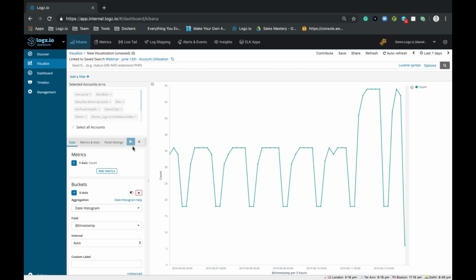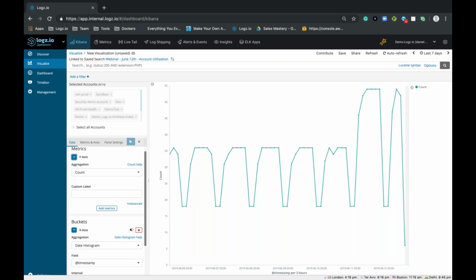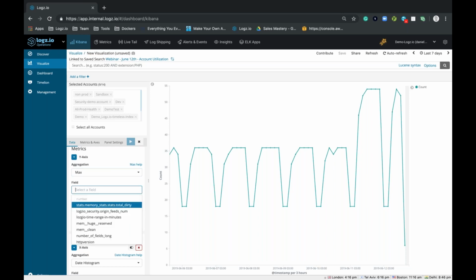Now, we would like to separate this information in order to make it valuable for us so that we can actually understand if we're breaching our allocated plan. For this, we're going to change some of the aggregation in the metrics. The first one is going to be a max aggregation in the y-axis, and we're going to put it on plan,